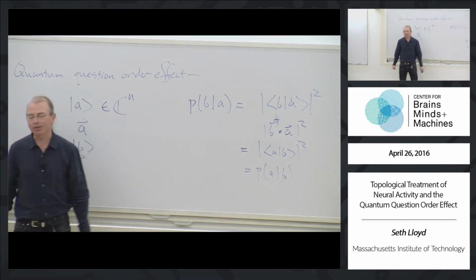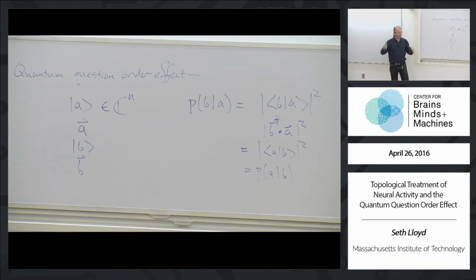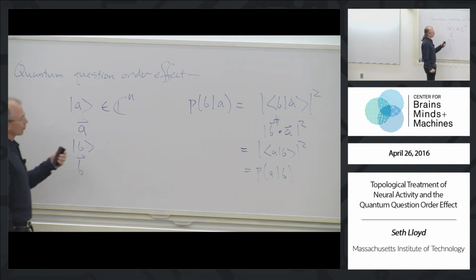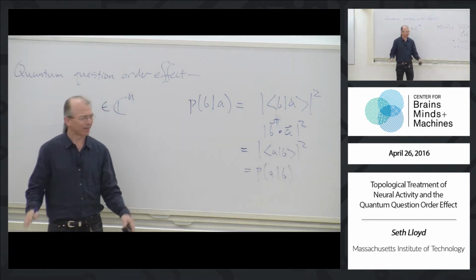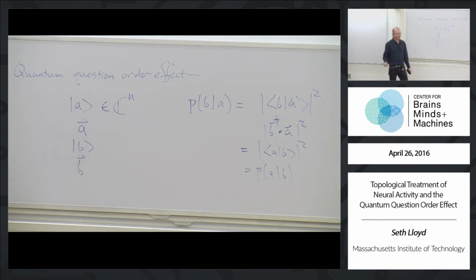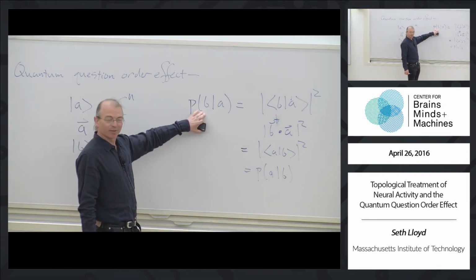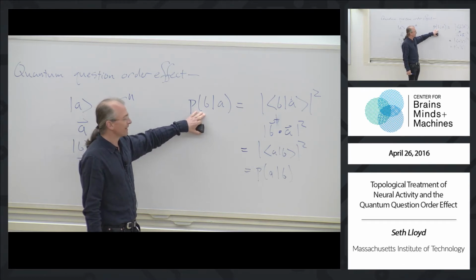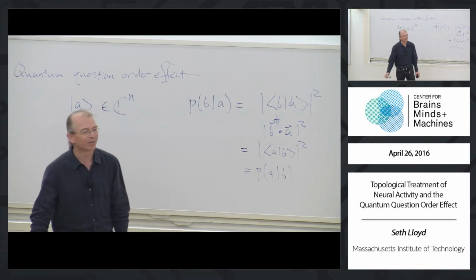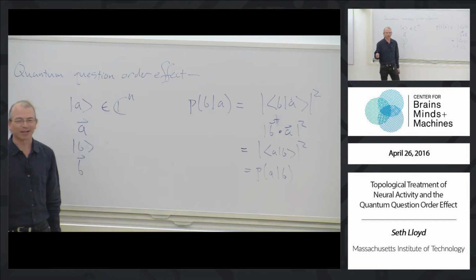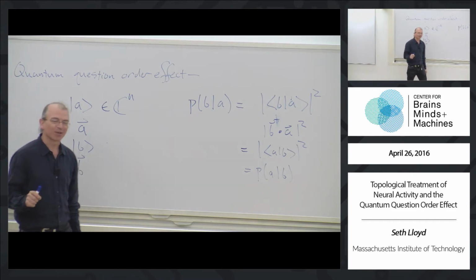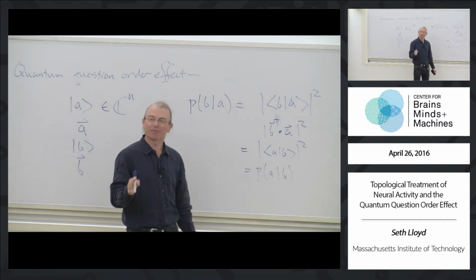Now, the quantum question order effect in human beings is that, quite bizarrely, there's strong empirical evidence based on many studies. I think one of the papers I have looked at 70 studies with an average of 1,000 people in each study. So there are many people, there are many studies on this. It appears that human beings obey the same rule. The degree of accuracy to which this is true differs according to who's making the claims. And you look at the statistical analysis, and there are lies, damn lies, and statistics. But it does seem that something like this is going on.